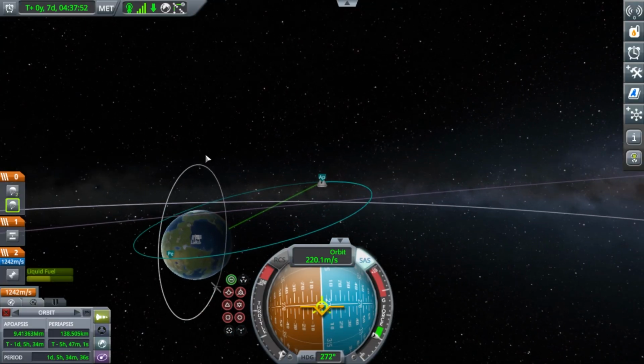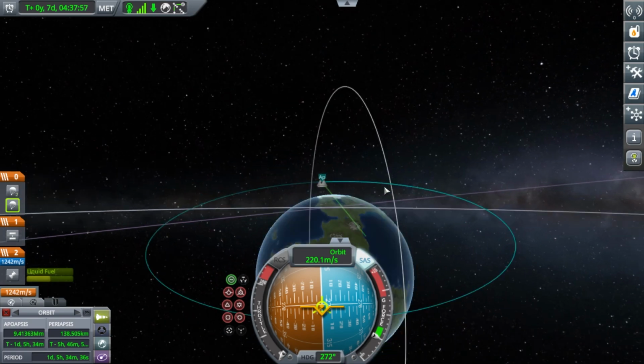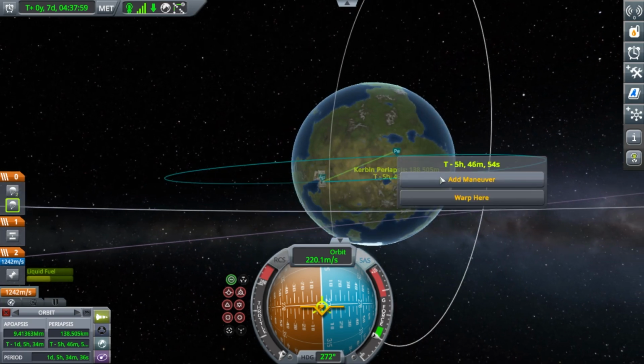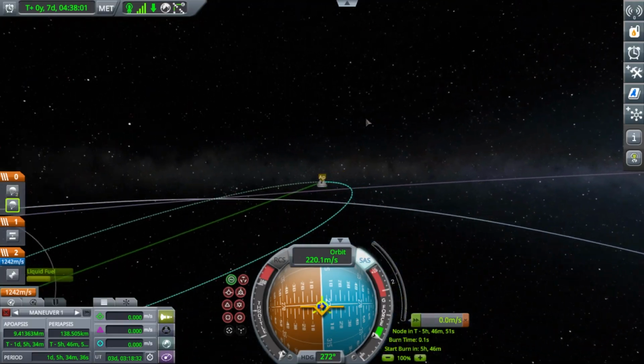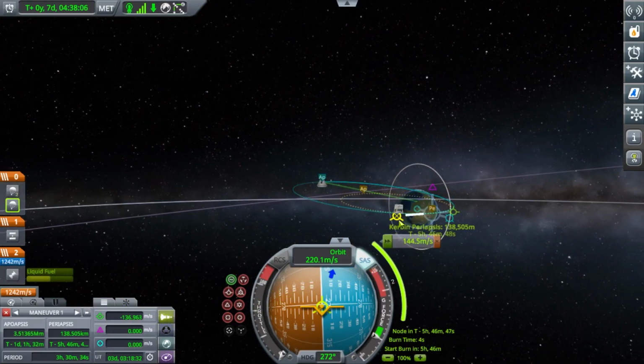So at 138 kilometers, we then go to the periapsis. Yeah, we have a ton of fuel. Ton of it. Add a maneuver and shrink our apoapsis. And it takes...